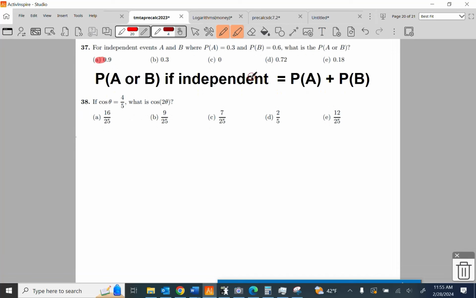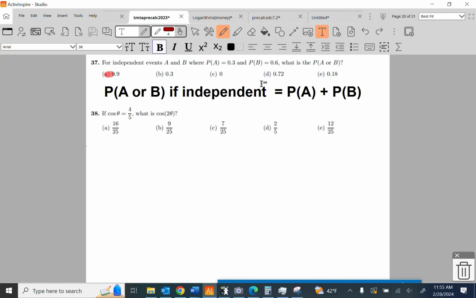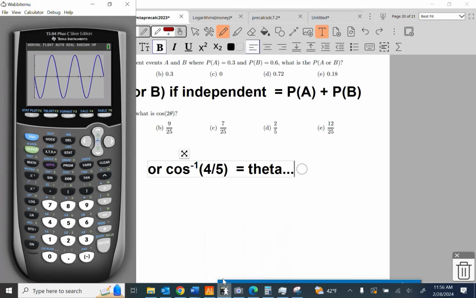38 can be done using an identity. There is an identity for cosine of twice theta. There's actually several. You could think of it as cosine of theta plus theta. There's lots and lots of things you could do. Or you could take the arc cosine, and this is what I'm going to do, because it's a test and seeing what strategies you have, of 4/5. That would give me theta, last I checked. All right, so if I take the arc cosine of 4/5,